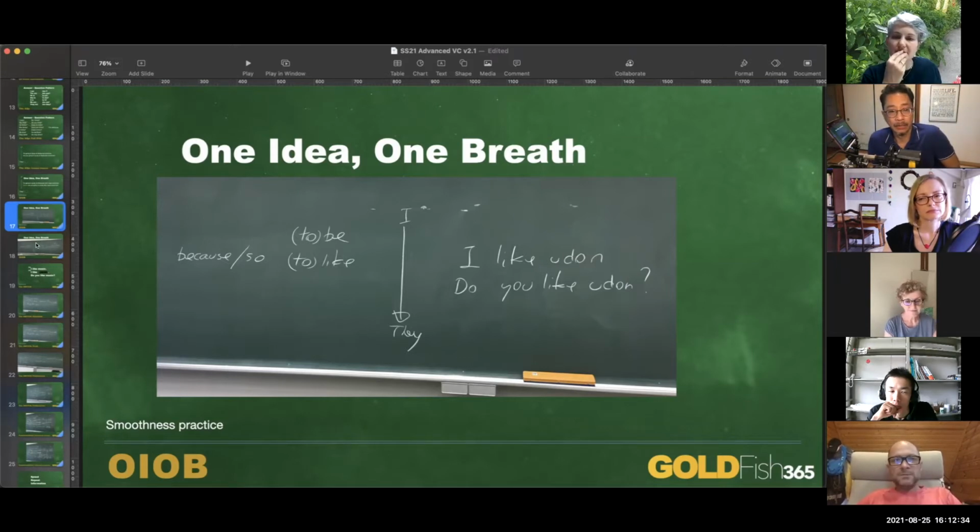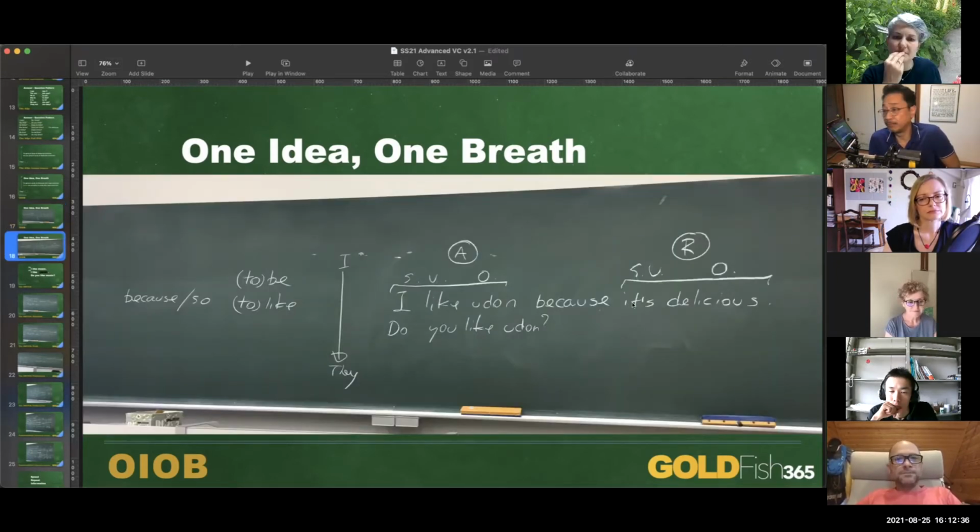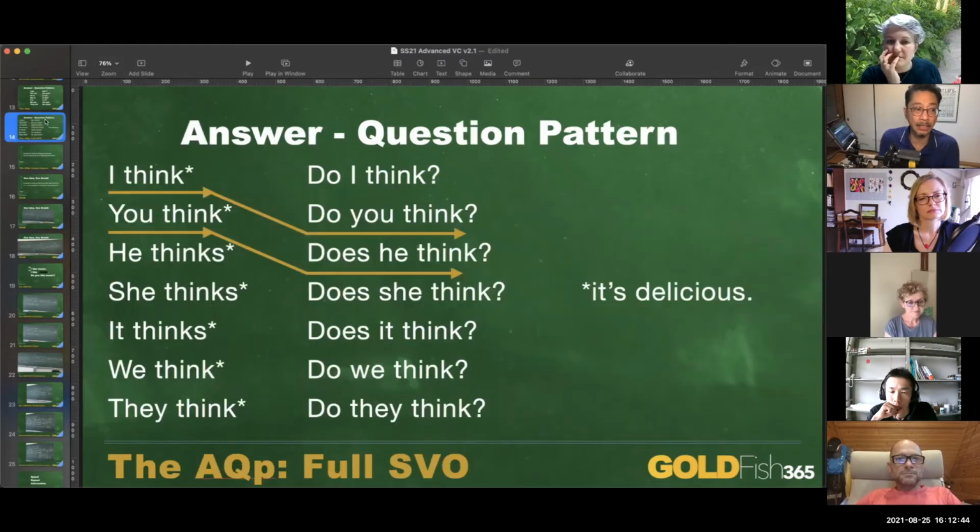Next stage, okay? I'm sorry, I don't have all the photographs because sometimes I don't remember to take photographs, but I took this, it's delicious. And I put that over here with "I think" and say, okay, let's try think. I think, do you think, does he think? Okay, now let's put an object phrase on it. I think it's delicious. Do you think it's delicious?